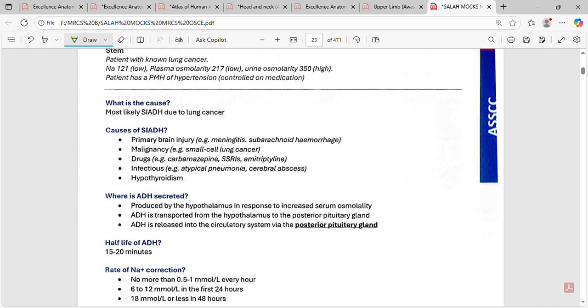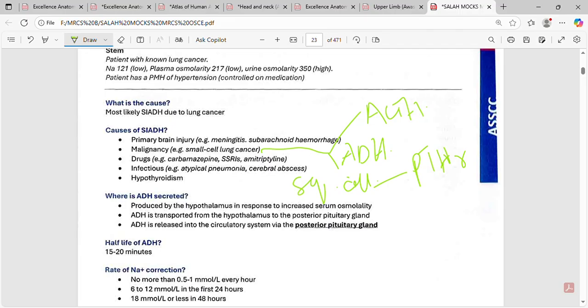So here we have the malignancy as well, small cell lung carcinoma. Small cell lung carcinoma can secrete ADH and ACTH. Squamous cell carcinoma of lung can secrete PTH-related peptide, or PTH-like peptide, which will cause hypercalcemia. Drugs: carbamazepine, SSRIs, amitriptyline. Infections: atypical pneumonia, cerebral abscess. And hypothyroidism. These all can cause